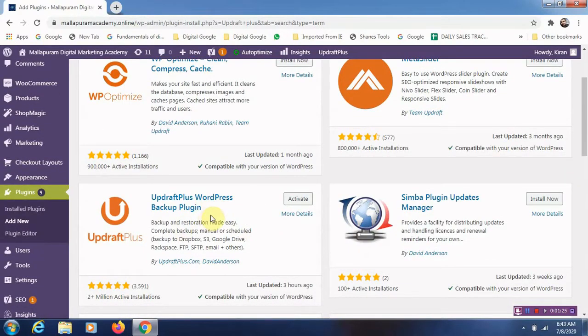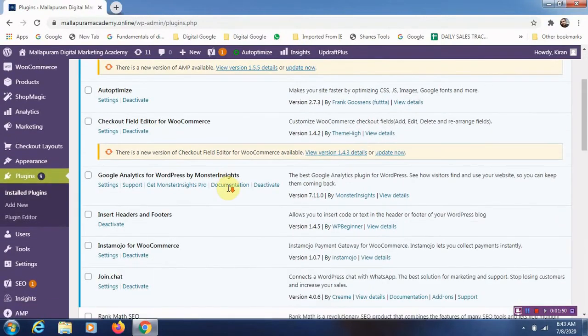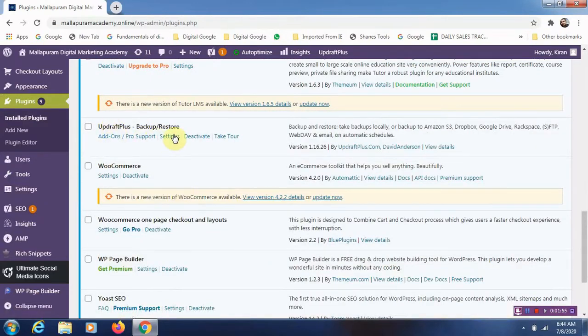So can you see this Updraft Plus backup plugin? And if you look here, always trust a plugin which has more users. So, 2 million plus active installations, and you can activate it from here. Install it. You will have an install button like this. Once it is there, you can activate it. I have already activated it. Let me go to my installed plugins and I'll show you how to back up from here and how to activate this. So let's check where exactly it is. Updraft Plus, here it is. Go to the settings.